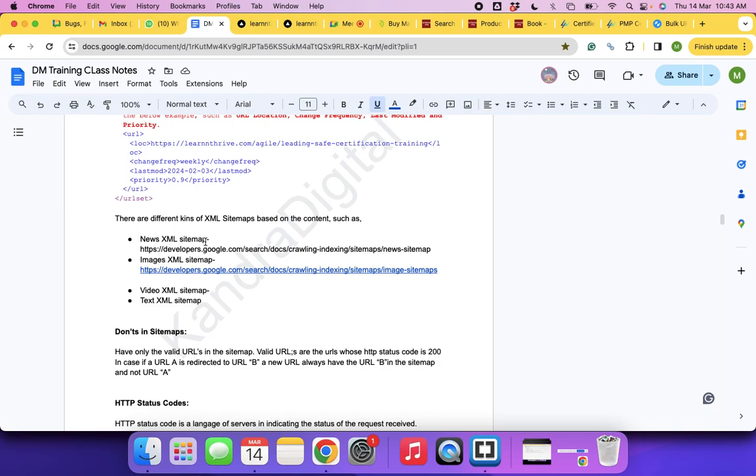How do you inform? Go to your website. This XML sitemap belongs to a website called Learn and Thrive. Go to Learn and Thrive. You see sitemaps here.